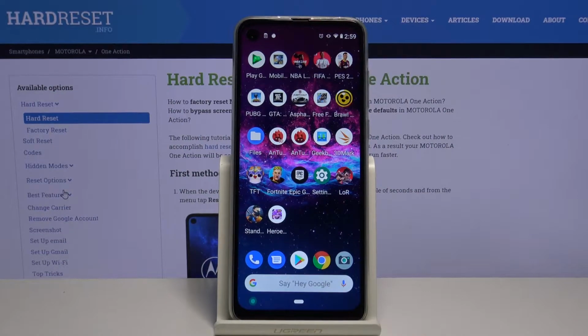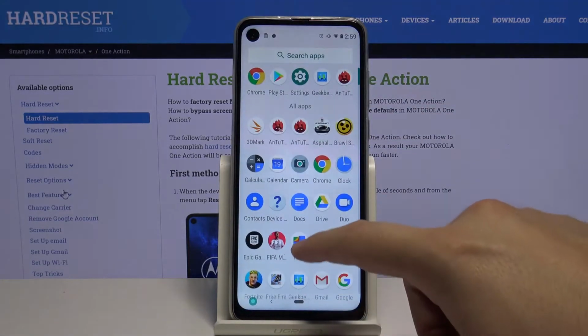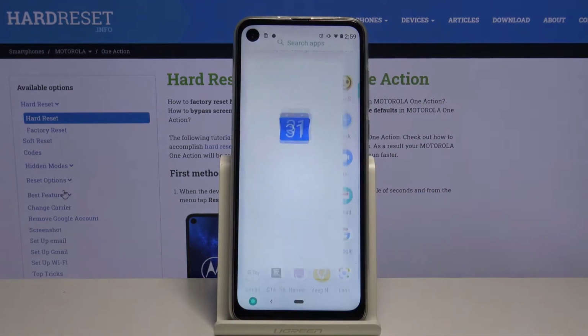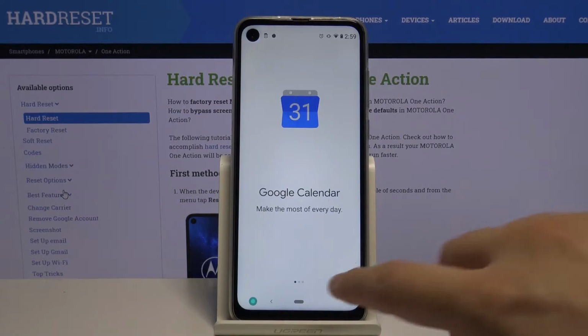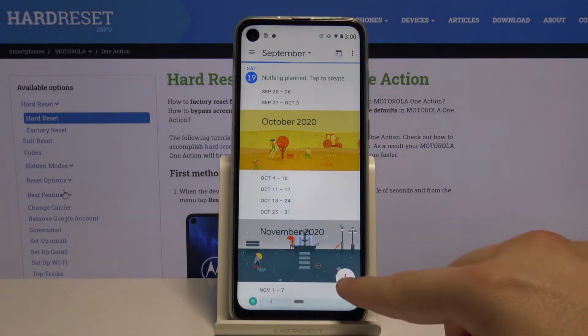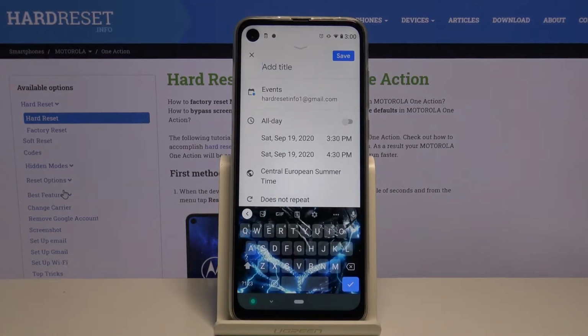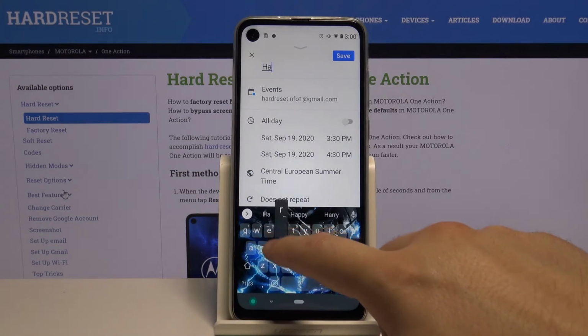Welcome. If you want to add an event to the calendar on your Motorola One Action, first you have to open Calendar, click right here on this marker in the right corner, and select Event. First we have to add the title of our event,